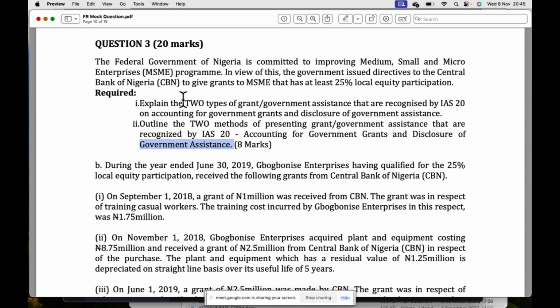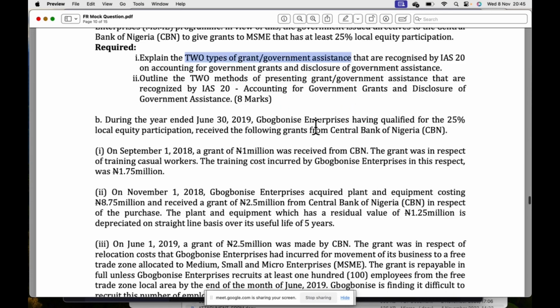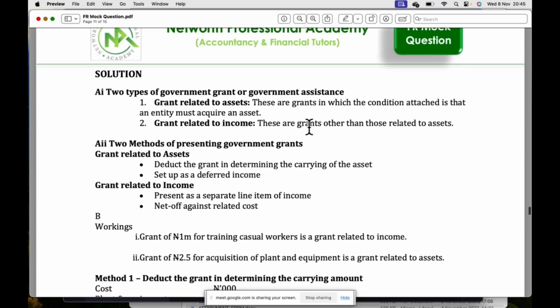Now, this question says that we should state or explain two types of government grants or government assistance. If you look at the solution here, the two types of government grants are grants related to assets and grants related to income. Those are the two types of government grant or government assistance